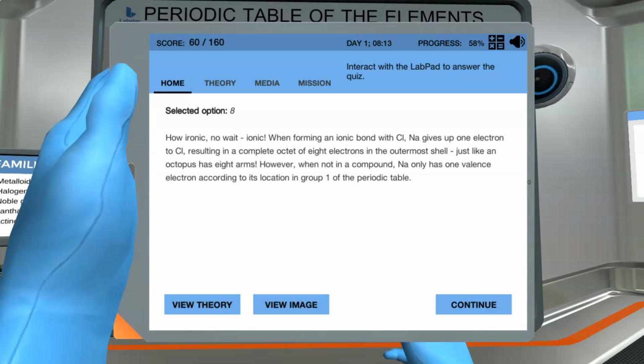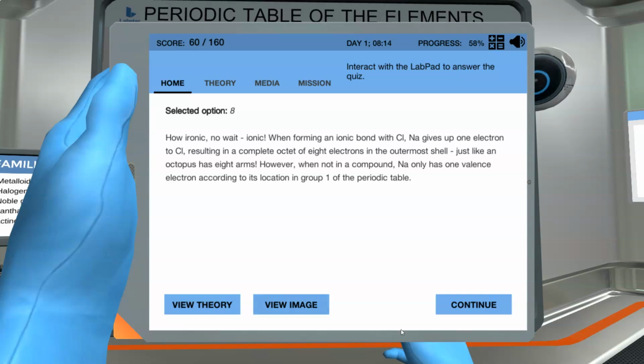How ironic, no wait, ionic. When forming an ionic bond with chlorine, sodium gives up 1 electron to chlorine, resulting in a complete octet of 8 electrons in the outermost shell, just like an octopus has 8 arms. However, when not in a compound, sodium only has 1 valence electron according to its location in group 1 of